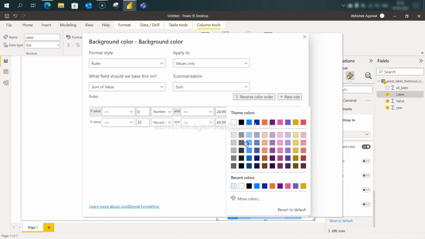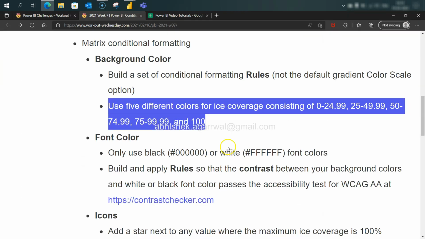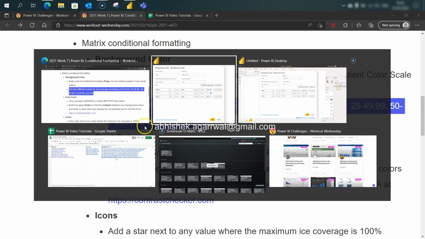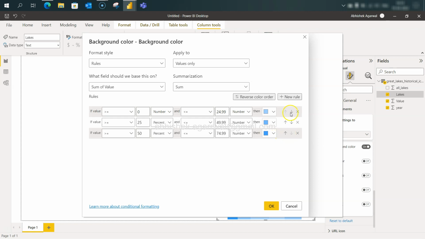Then one step up, add rule: 50 less than or equal to, I believe, 74.99, looking at this trend. Yes, and one step down to blue, new rule, greater than or equal to 75 and less than or equal to 99.99, one